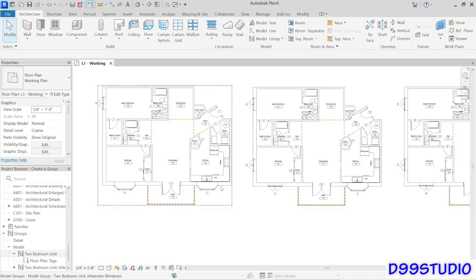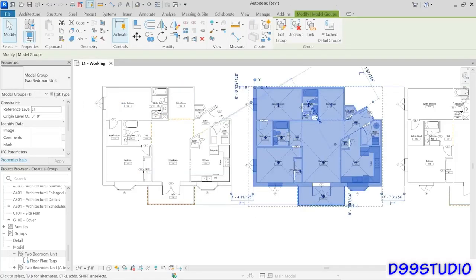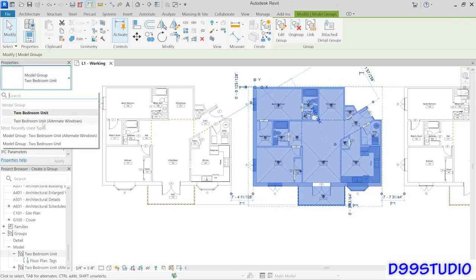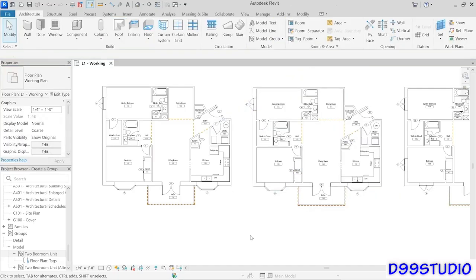And that's because this one is the one that I've called alternate windows, where this one is still the original. But now I could select one or both of these, and I could change them to the alternate one, and it will swap out in place. So that gives you a way to do variations. So if you want to have 2 or 3 different variations of each apartment unit, you can mix and match